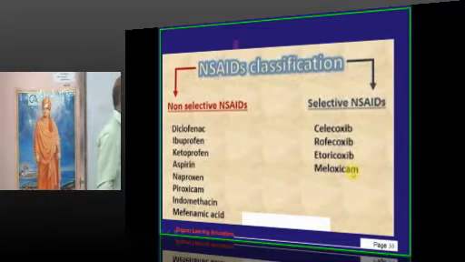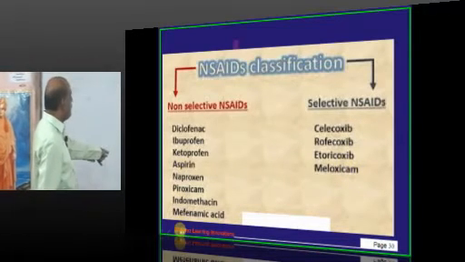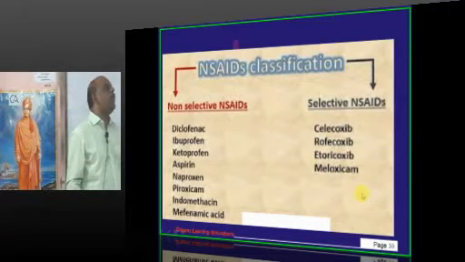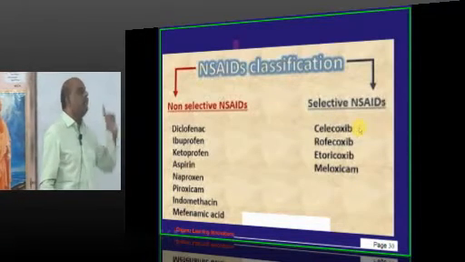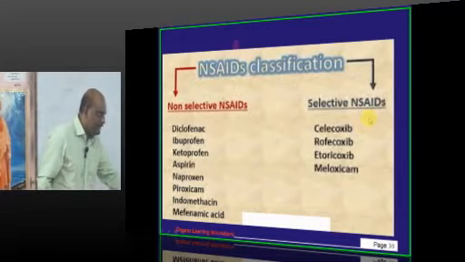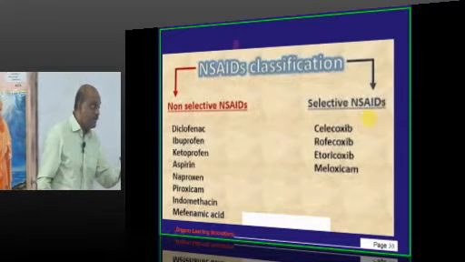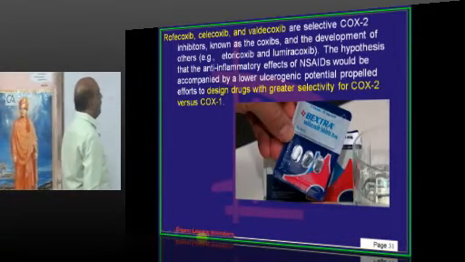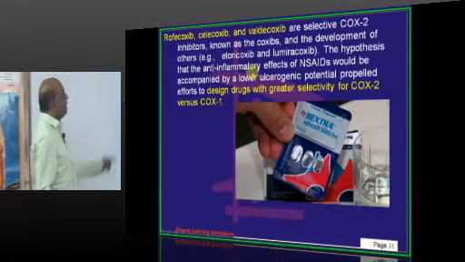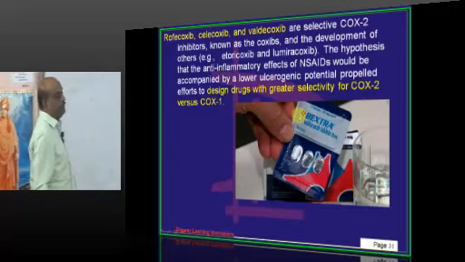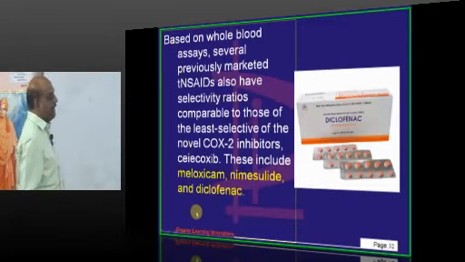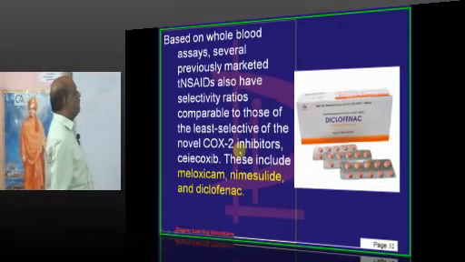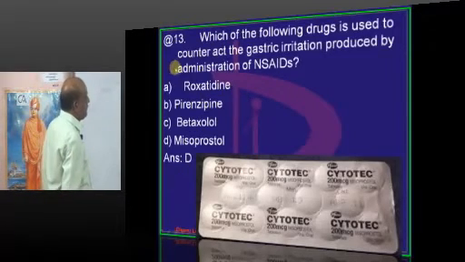All coxibs. Is there any coxib in this list? No. You have only coxibs in this. All coxibs and meloxicam are the selective NSAIDs which only selectively inhibit COX-2 but not affect the COX-1 is what need to be remembered. So rofecoxib, celecoxib, valdecoxib, they are all the selective COX-2 inhibitors is what need to be remembered. Meloxicam, nimesulide, diclofenac, etc. They are the newer forms of novel COX-2 inhibitors. Now doctor,